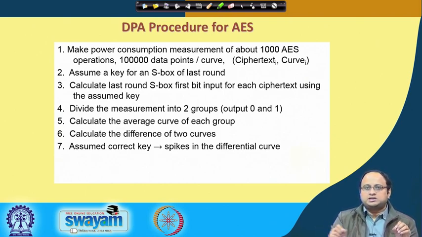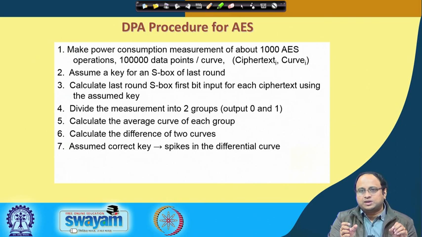But there is only one time instance when that S box is really coming into play. At other time instances, even if you are taking a difference of mean with the correct key guess, you will still get a 0 difference of mean. But when you are doing the difference of mean exactly at the time when that S box is coming into play, then you will get a non-zero difference of mean.